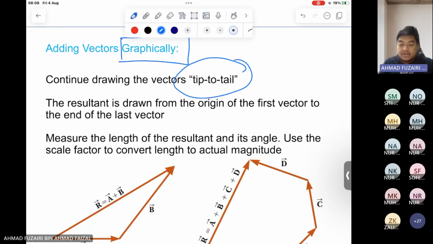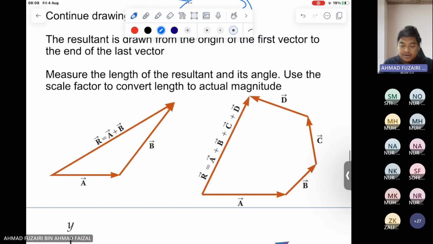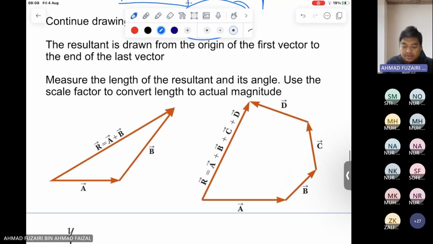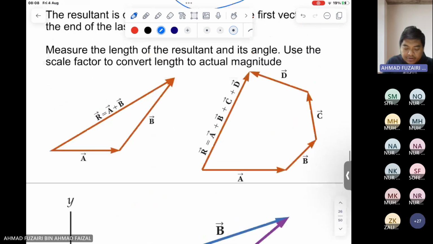I forgot to mention that there is another way to add vectors, using what we call a parallelogram. How can we draw a parallelogram? For example, we want to know the resultant of vector A and vector B. First we draw vector A like this. This is not how we should draw it, because I'm using freehand. We should use a ruler, and of course we need to use a protractor